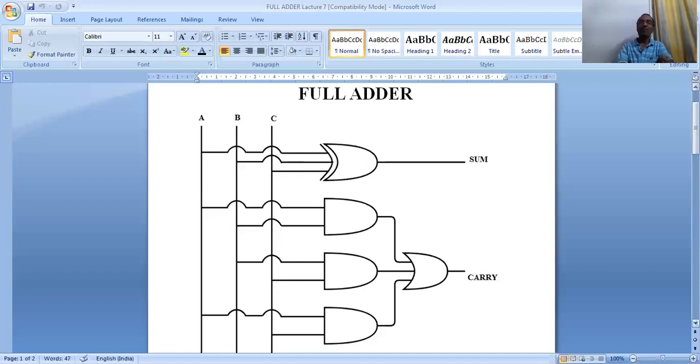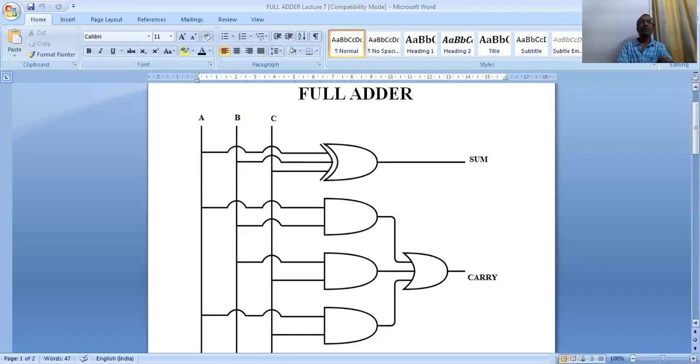At the same time, whenever I am delivering a lecture on this new technology we have adopted due to the pandemic, COVID-19, you should attend 100%. Then in this chapter you can score near about 12 to 15 marks. The weightage for this chapter is 12 to 15 marks. It is very easy, no problem.